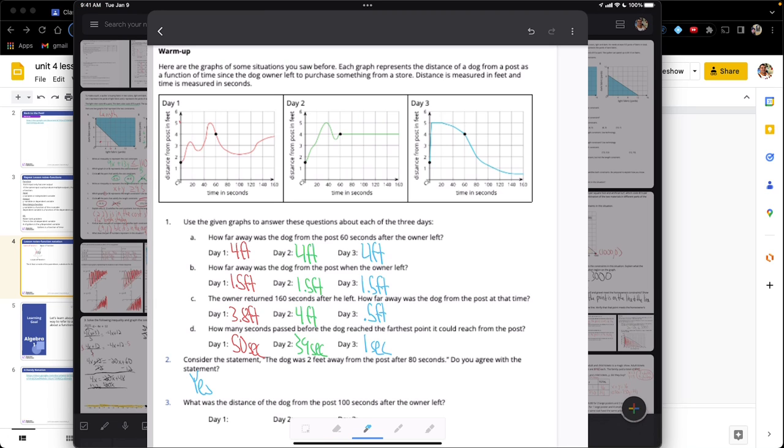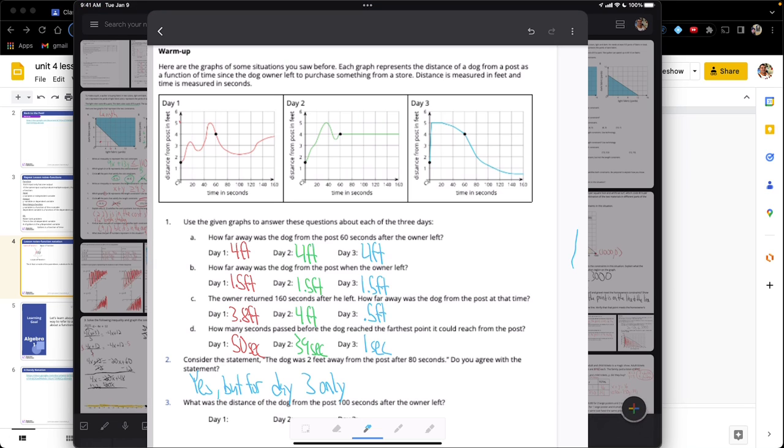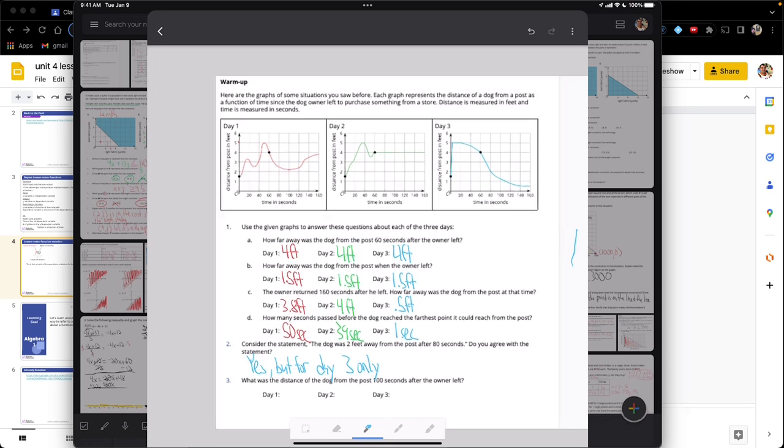Yes, but for day 3 only. Okay. Day 3 at 80 seconds, it's 2 feet away. But day 2 and day 1, it was not 2 feet away at 80 seconds. All right. Let's take a look at number